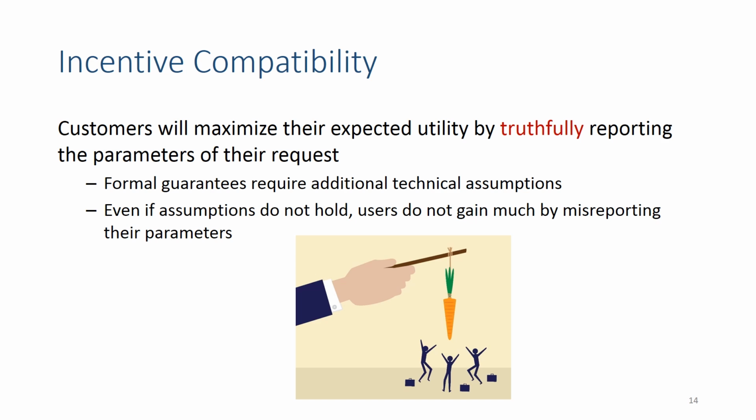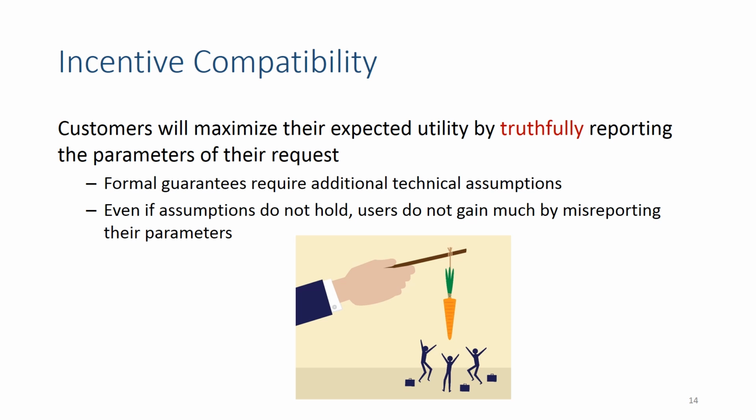In the paper, we argue that the particular form of pricing we use in Pretium elicits truthful reports from users. I won't go into details here, but would just mention that formal incentive compatibility guarantees require some additional technical assumptions. If the assumptions do not hold, we show in the paper that in practice, users do not gain much by